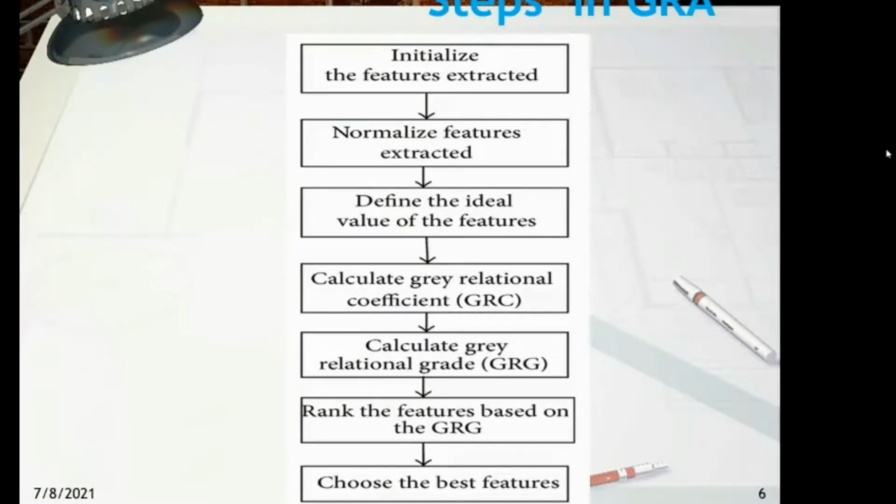I repeat. First we initialize the features, so we get the information in the form of data. That may be either from data books, or you can get it by conducting experiments, the output of the experiments, the responses. Then we normalize the features, defining the ideal conditions. Then we calculate the gray relation coefficient. Then we calculate the gray relation grade, and based on the gray relation grade value,